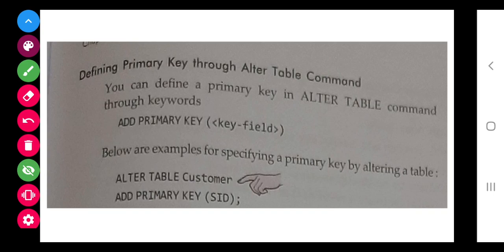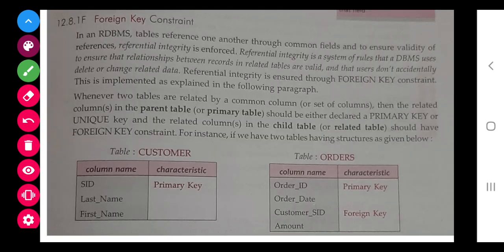Like there is a table named customer, so you write ALTER TABLE name, then you add primary key, which one? SID as a primary key. So this is the method. The alter method is used the most because in the start we do not know which to make a primary key, and later on we analyze all this and make the changes.